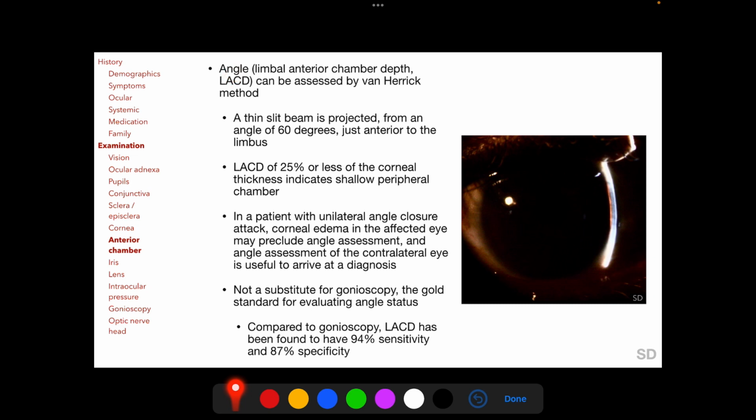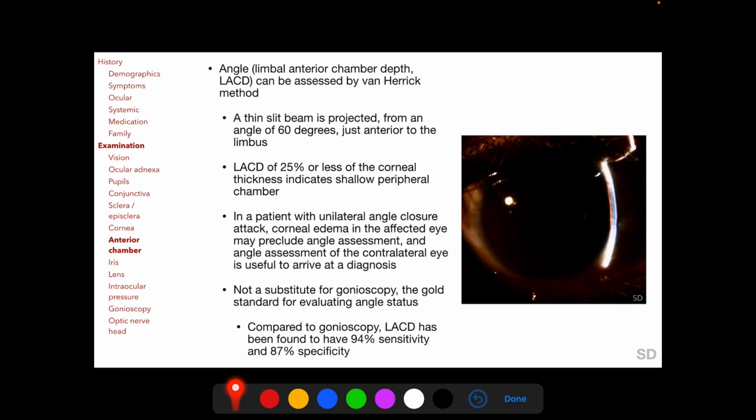Width of the anterior chamber angle can be estimated by the Van Herick method, which assesses the limbal anterior chamber depth, as shown here in this photograph. In this technique, a thin slit beam is projected from an angle of 60 degrees just anterior to the limbus, and an LACD of 25% or less of the corneal thickness indicates a shallow peripheral anterior chamber. In a patient with unilateral angle closure attack, corneal edema in the affected eye may preclude angle assessment, and angle assessment of the contralateral eye can be useful to arrive at the diagnosis. But Van Herick's method is not a substitute for gonioscopy, which is the gold standard for evaluating angle status. And it has been found that compared to gonioscopy, LACD has a sensitivity of 94% and specificity of 87% in